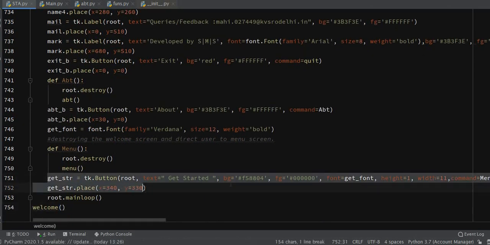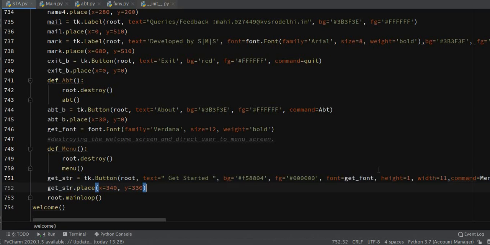Placed it, added a different background color, and I have also specified some font. So you can use the same font parameter here also. I specified the font of my button text here, you can see. So I have made full use of this Font function from tkinter.font. Now I think we should move on to the creation of our About window.